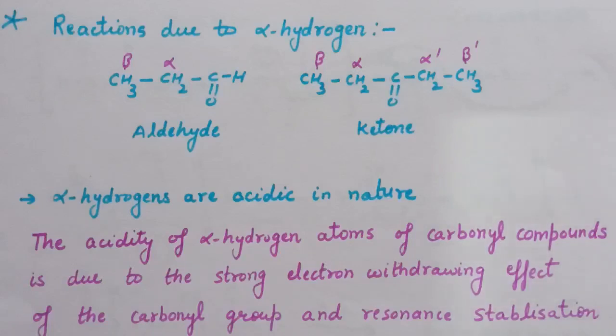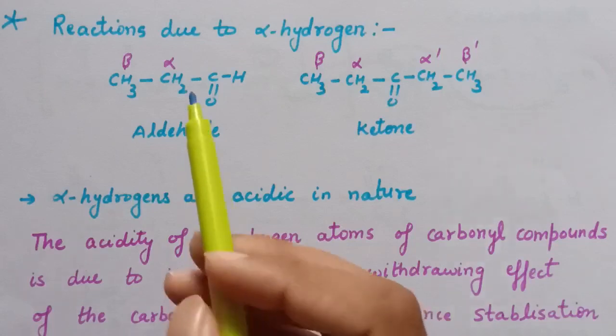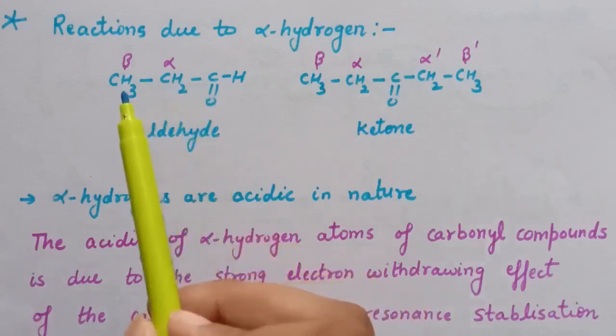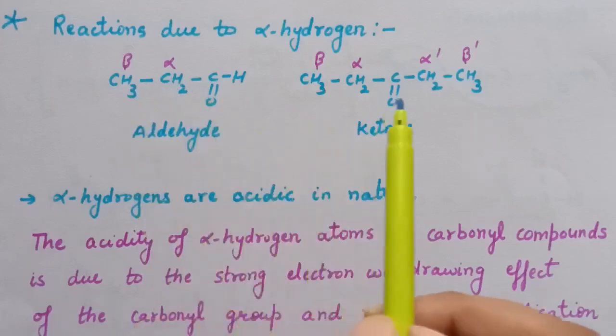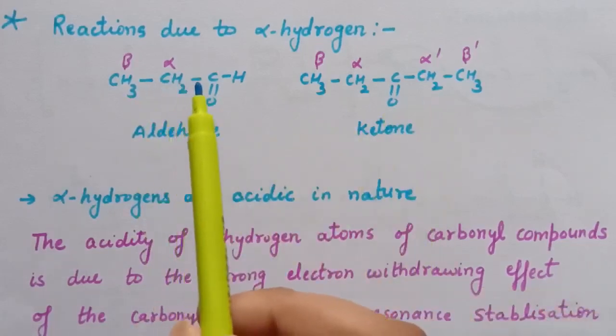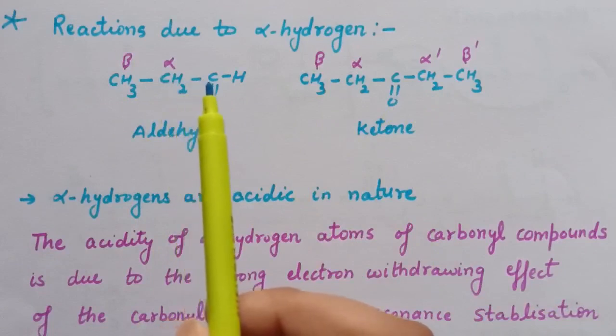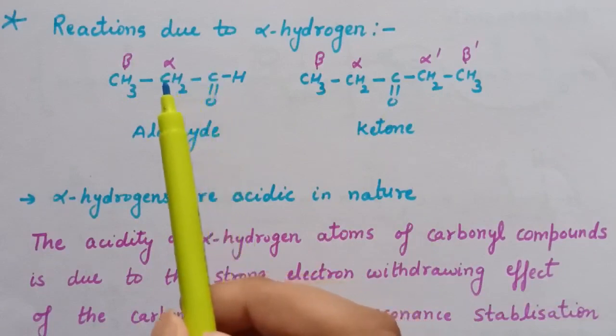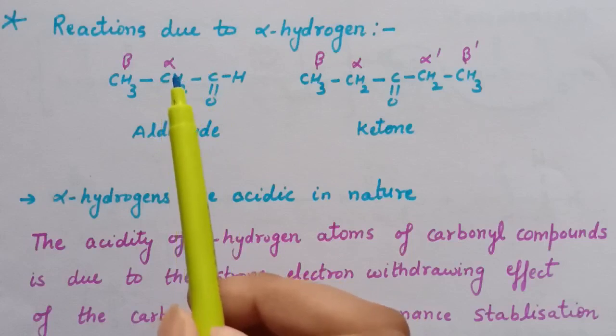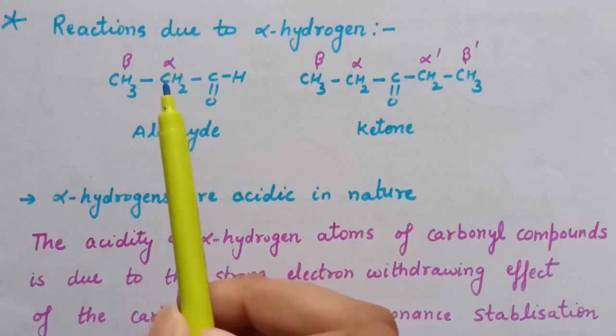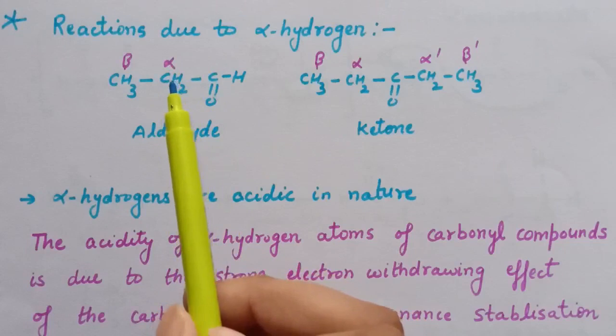Besides the nucleophilic addition to the carbonyl group, another important characteristic of carbonyl compounds is the acidity of hydrogen atom present on the carbon next to the carbonyl group. Here, in aldehydes and ketones, the carbon which is attached next to the carbonyl group is known as alpha carbon, and the hydrogen atoms attached to the alpha carbons are known as alpha hydrogens. These alpha hydrogens are acidic in nature,